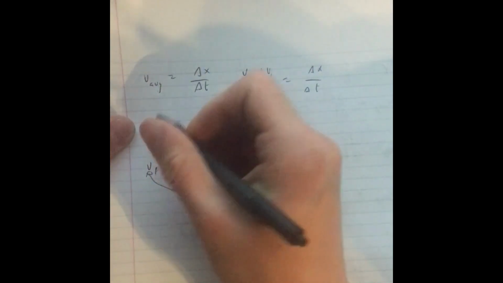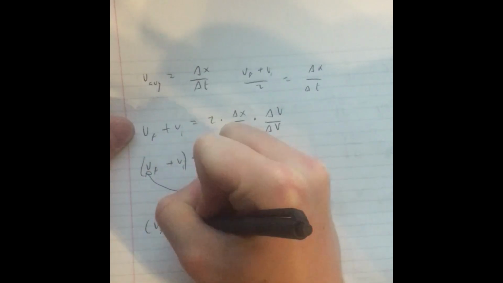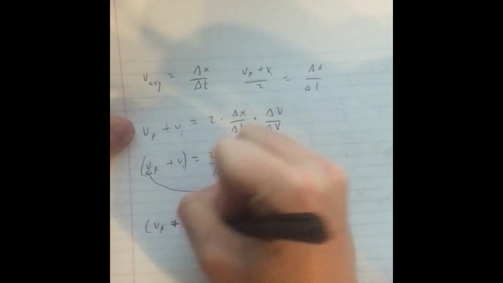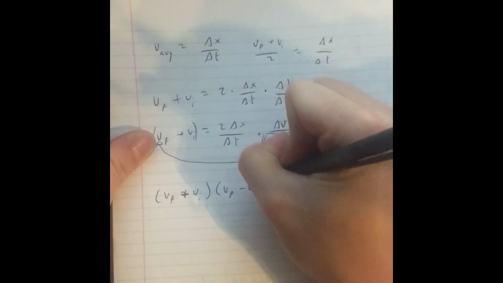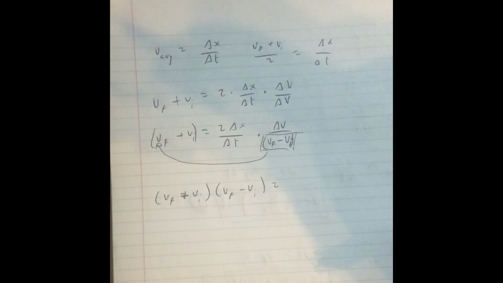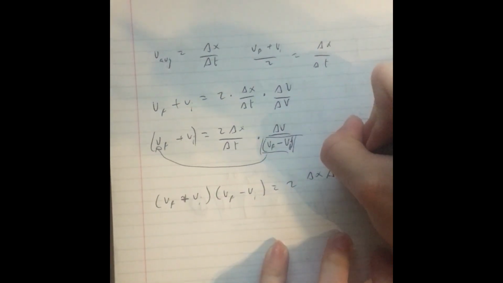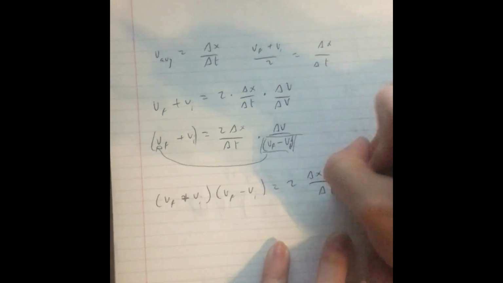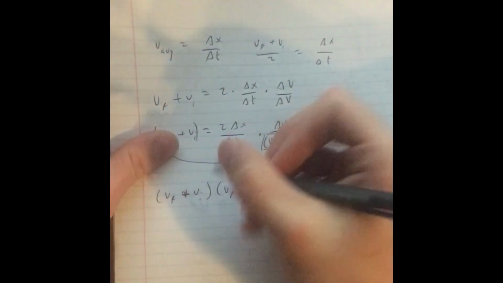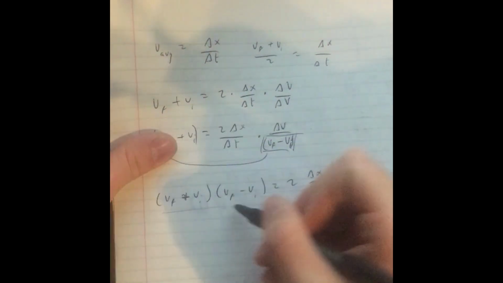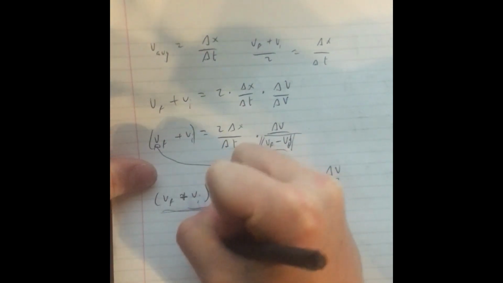So this basically just moves over here. So final velocity plus initial velocity times final velocity minus initial velocity equals 2 times displacement times change in velocity over change in time. Okay. Now, if you've, again, done your algebra homework, you know that we can simplify this into just final velocity